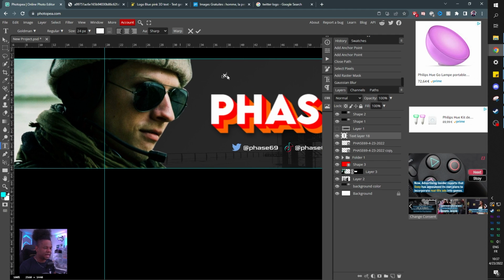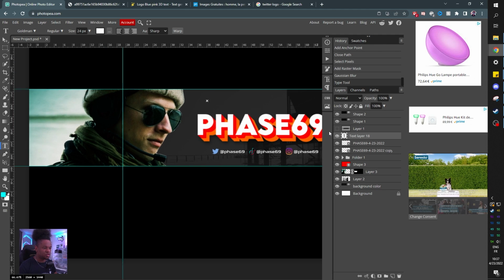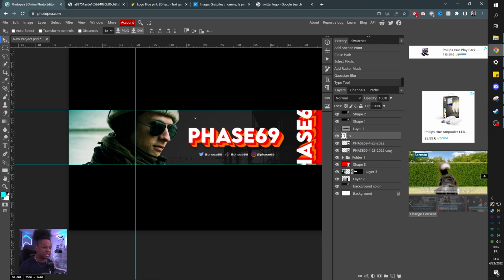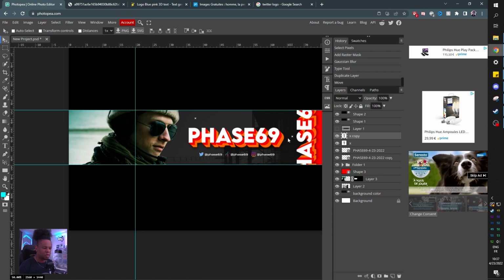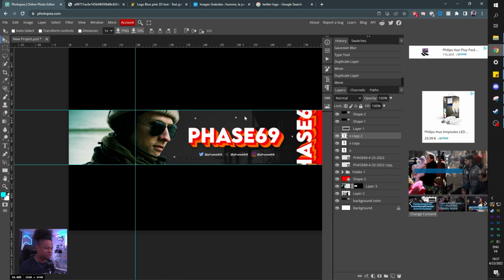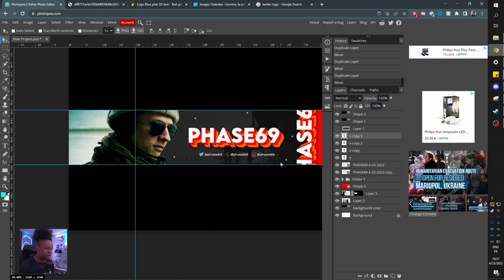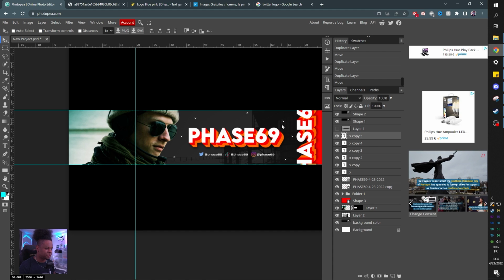And I like that. I like how that looks. So I'm gonna Control minus with the move tool selected. Remember how we duplicate stuff? We hold Alt, we drag, and we drop. Hold Alt, drag, drop. Alt, drag, drop.